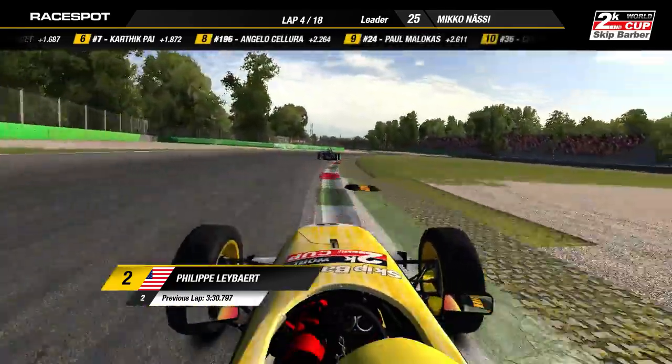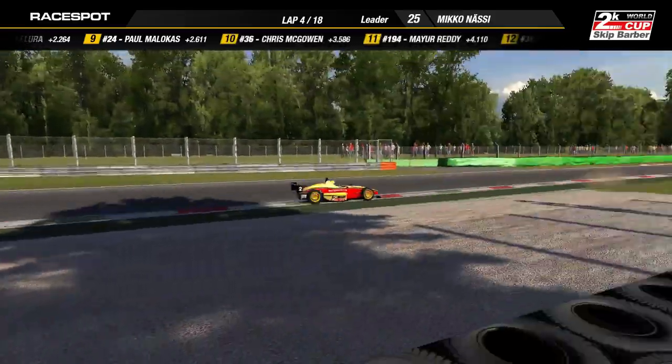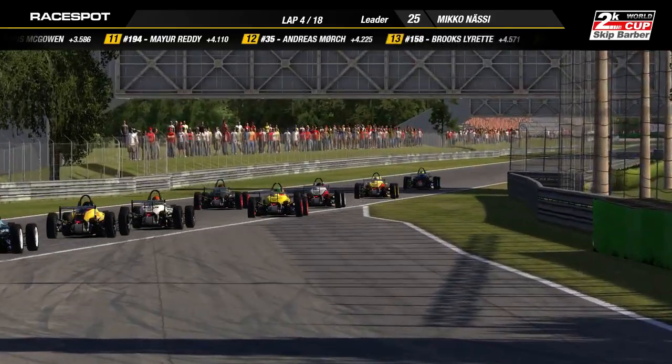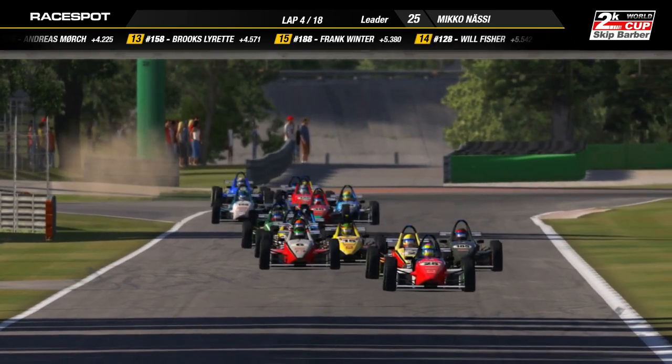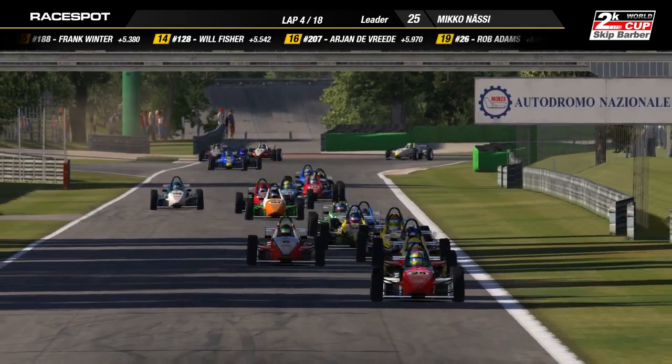Yes, as Philippe Labert goes into second position there, he is going to be looking very good right now, especially as there's only one car in front of him, and we'll have to see if he can catch him. It's the man you can catch all season long, Nico Nassi, and those lime green rims. We'll have to see what he can do, but right now, two wide action between Peter Klassen and Brian Duell